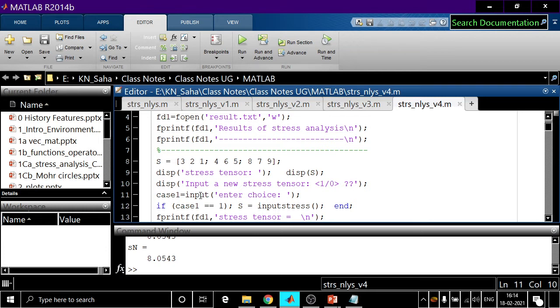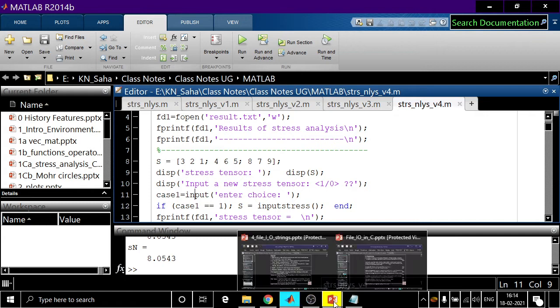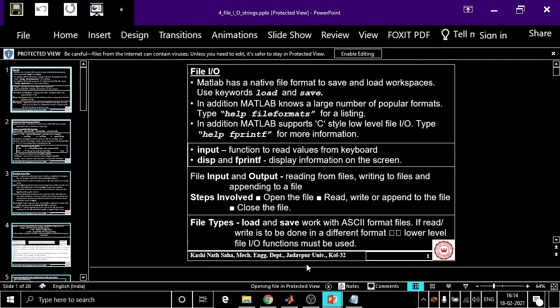Okay, there are some other uses of input function as well. Display is basically an output function, and input is an input function. So what we used is basically known as the input output functions in MATLAB.